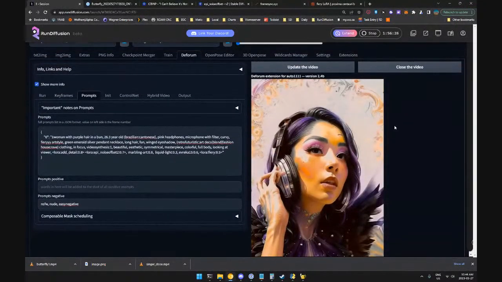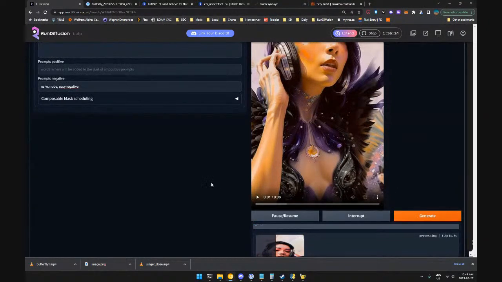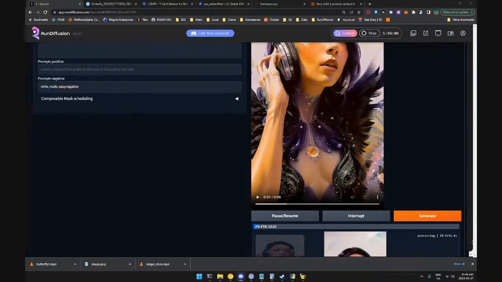I do want to say one thing just about Warp. It's phenomenal, and the things that are missing from this, I feel like, I don't know, you tell me if I can talk about it. I love Warp Fusion, it's brilliant, and I don't want to leak all the secrets, but conceptually, it's everything that we want, but it's also not perfect yet. There are a couple of things that ultimately might come into Auto 11 and Deforum in general that will help not only image creation and training, but also video, which is